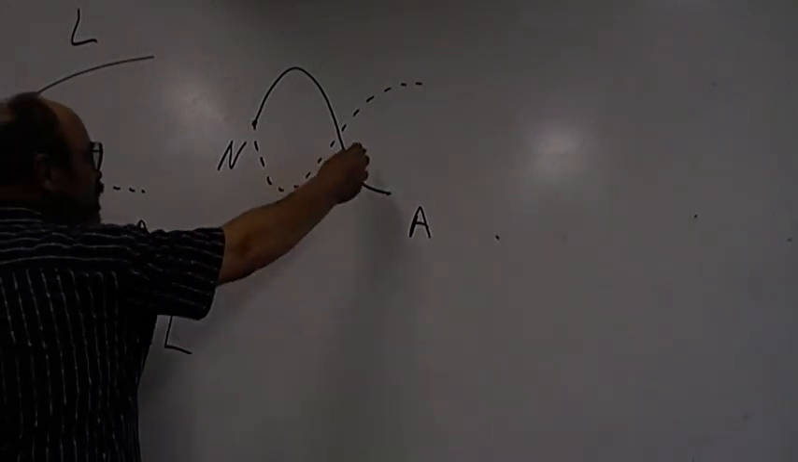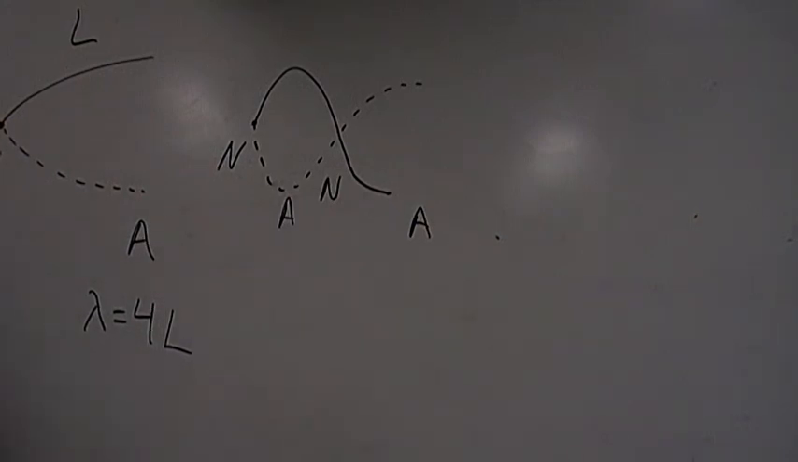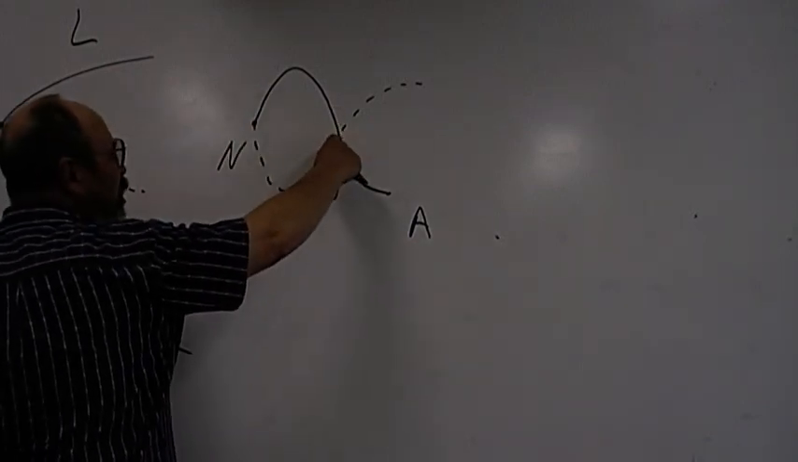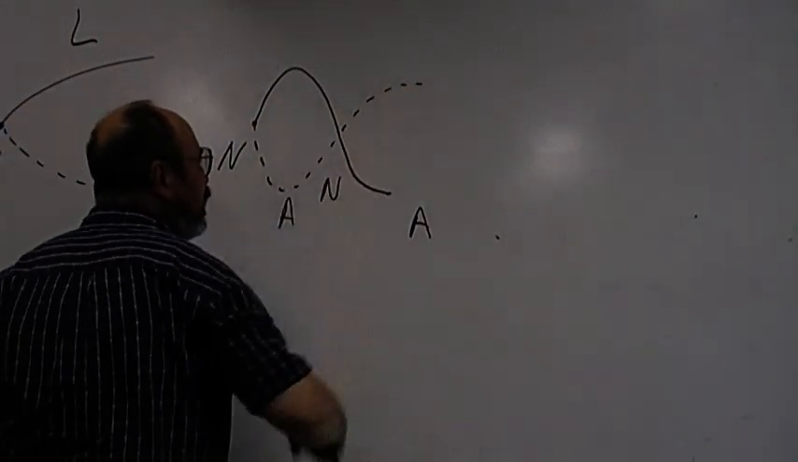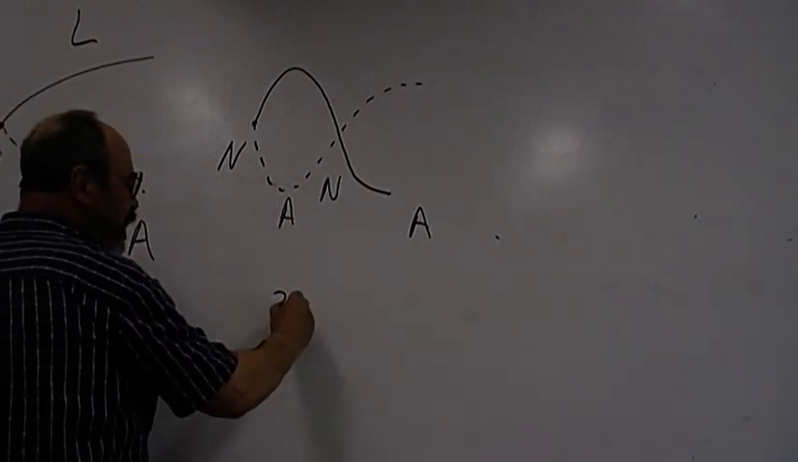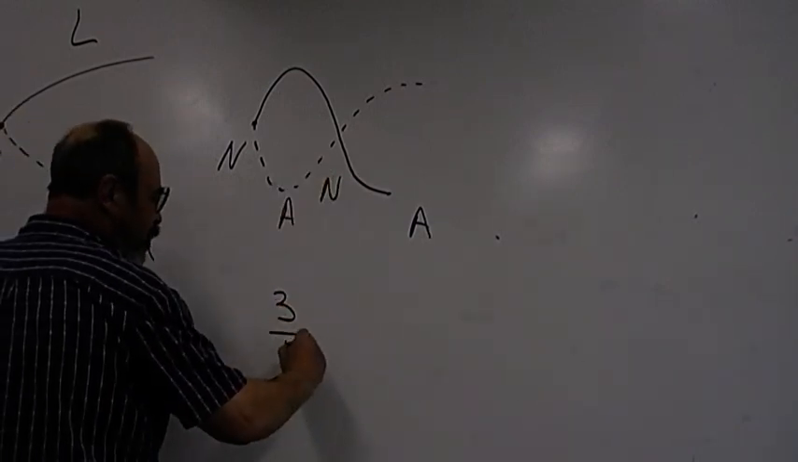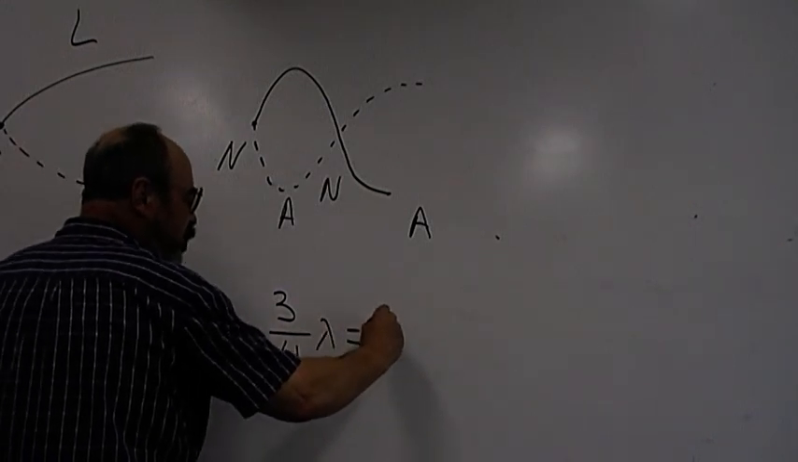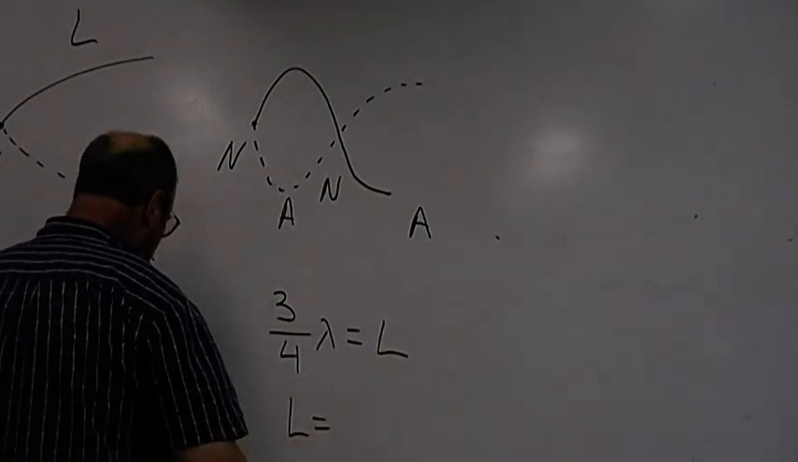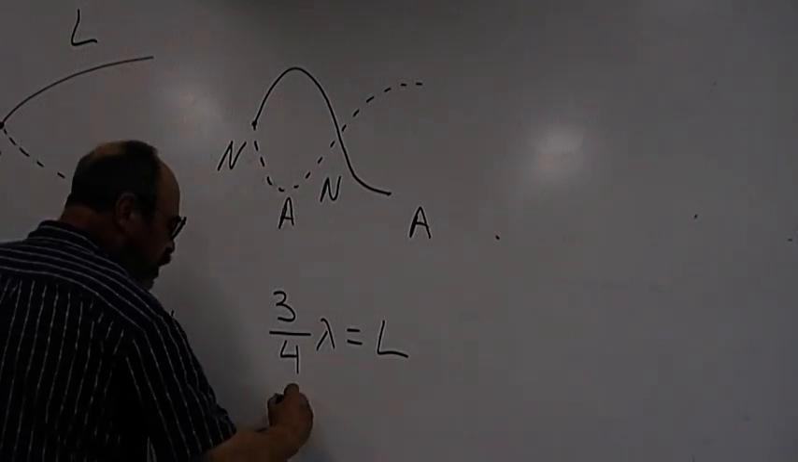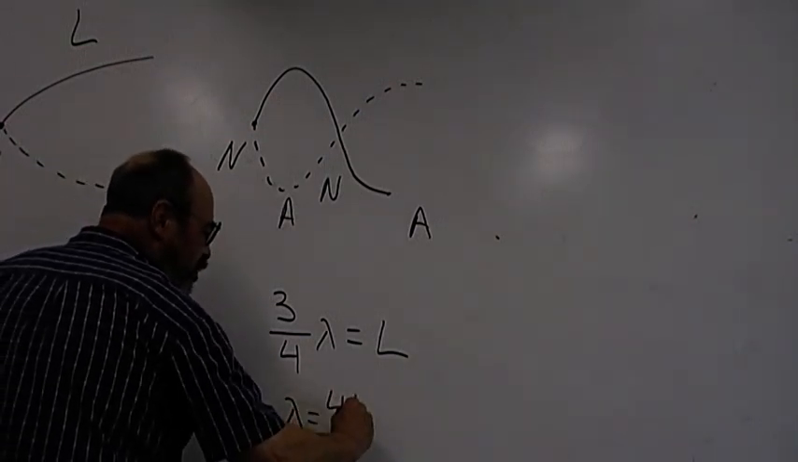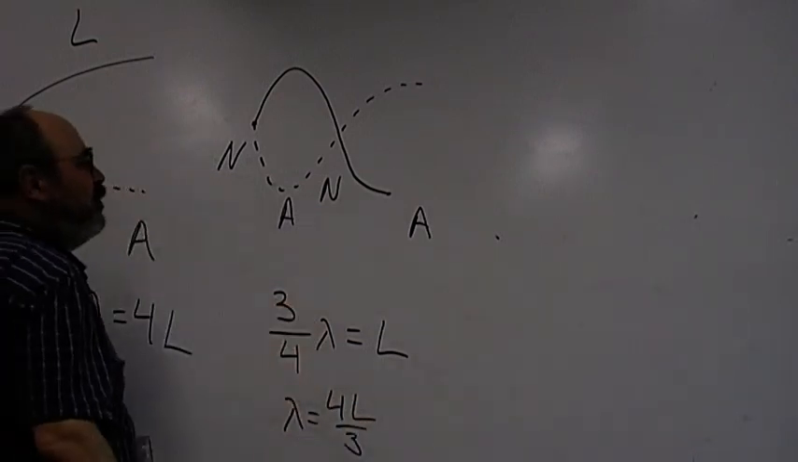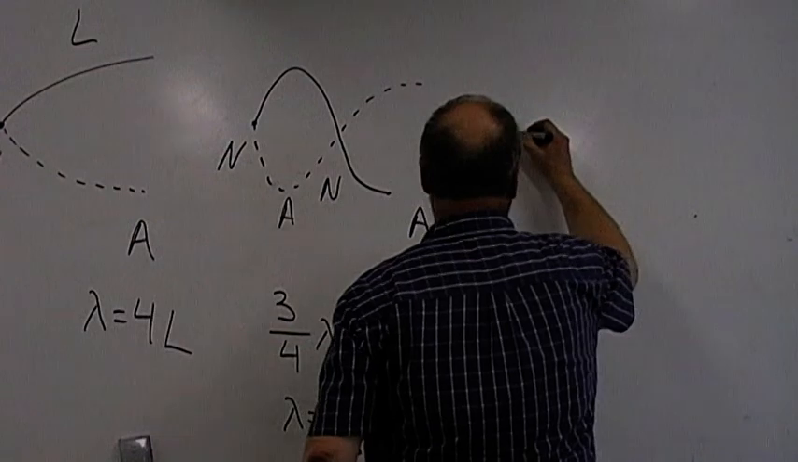So what fraction of the wave is this? 2 on 3, I think? Is it 3 on 4? It is: a half, and then another quarter, so it's 3/4. Yes, you're right. 3/4 of the wavelength equals L, so the wavelength will be equal to 4L on 3. If you continue the pattern and add another node and antinode,